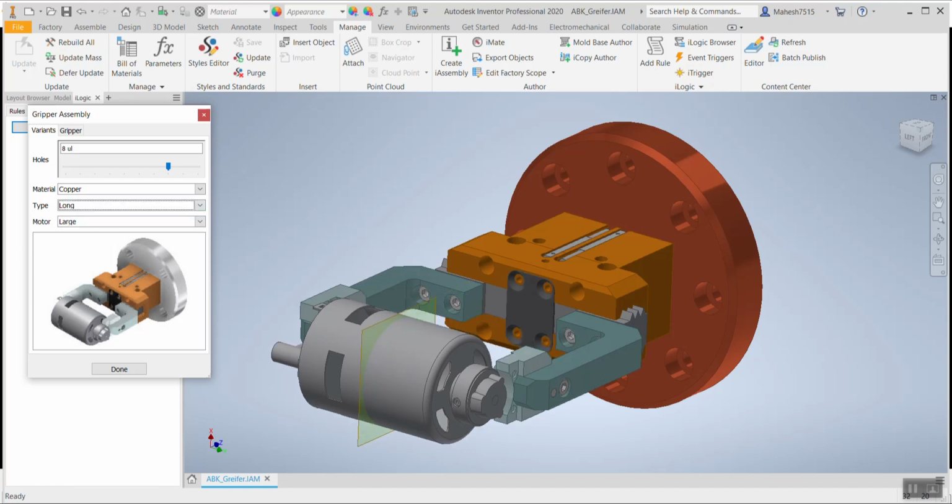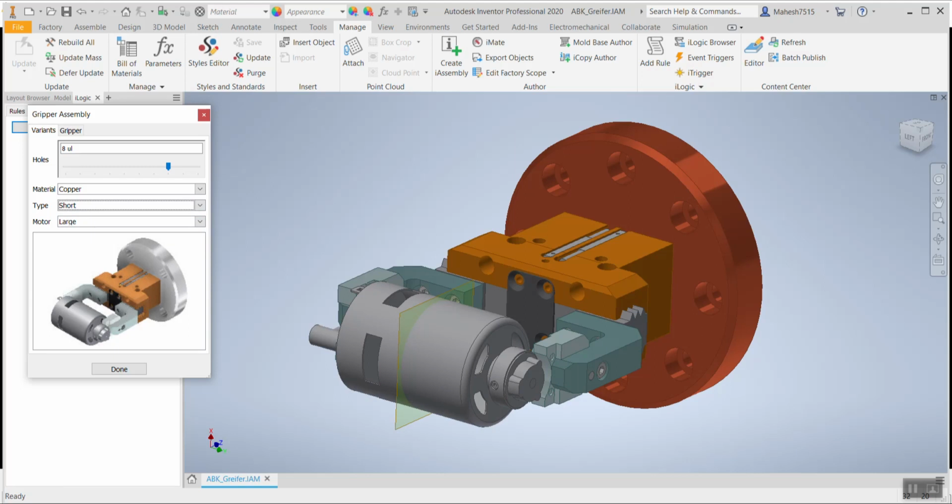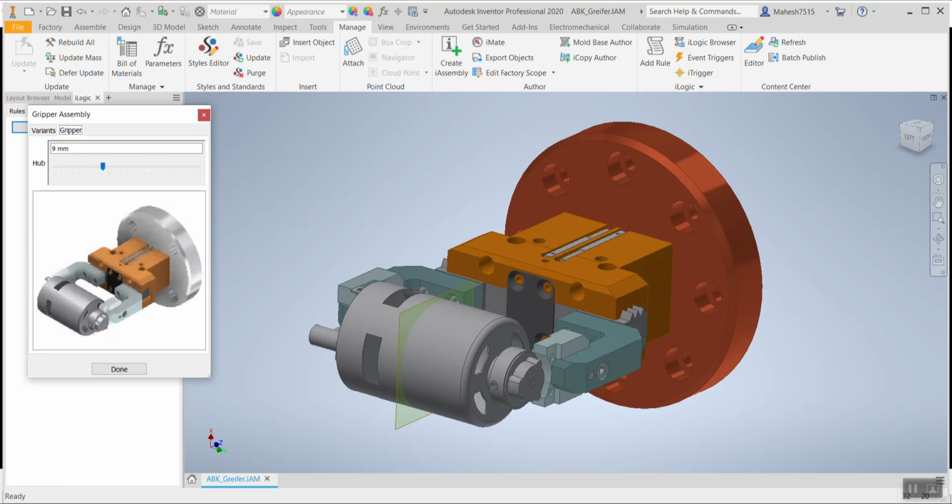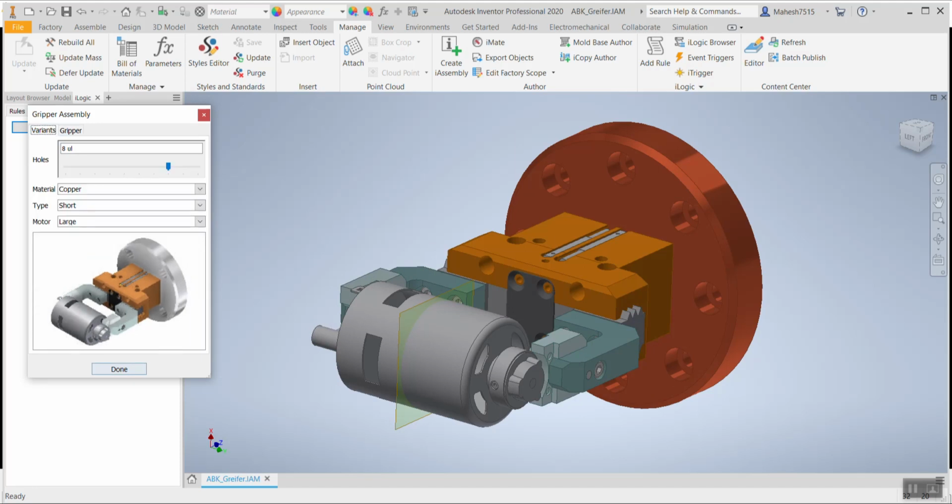So for motor, we didn't give any conditions as of now, so it won't work even if I say large or small. There won't be any changes because we have not yet put a rule over there. So we'll quickly go and do that also. So this is the initial condition which we already gave for controlling the constraints. I'll close this form.